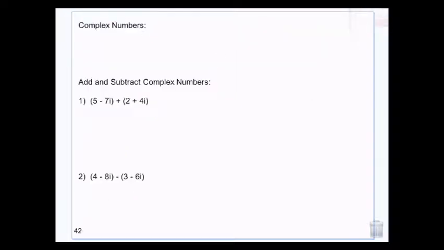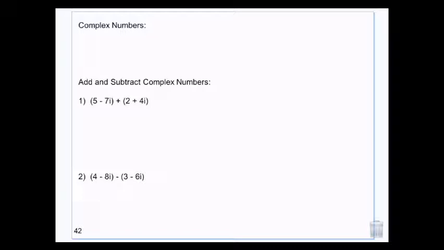Okay, complex numbers. So you have real numbers, which is all the numbers that we've been using. Whole numbers, positives and negatives, fractions, decimals, those are all real. Even irrational numbers like square root of 2, those are real, those exist. And then you have imaginary numbers, which is all based off square root of negative 1. And then you have